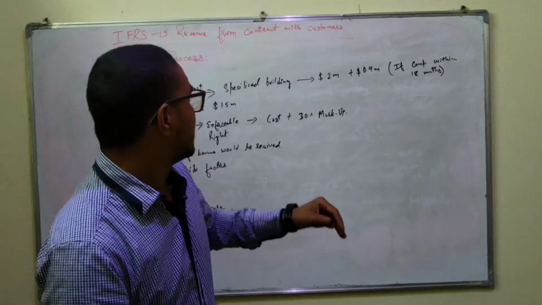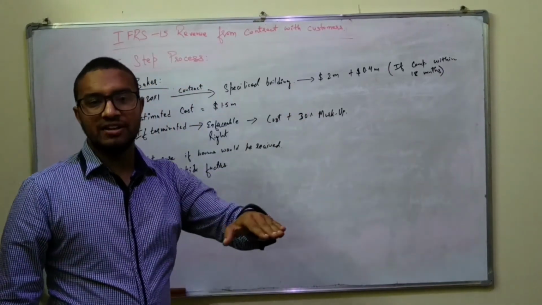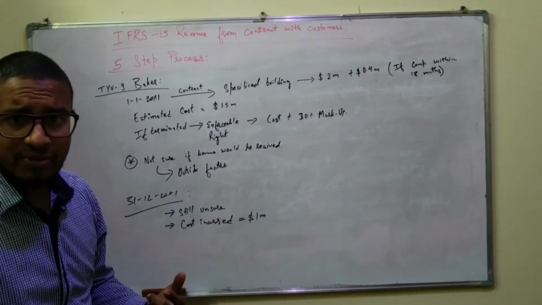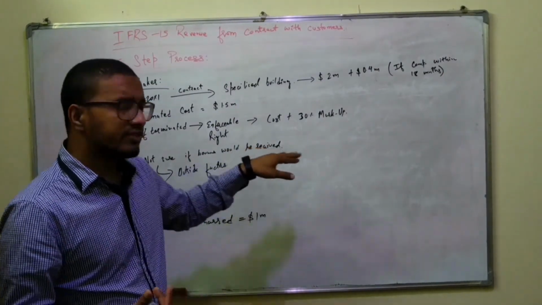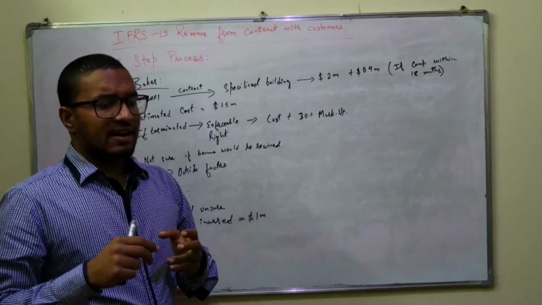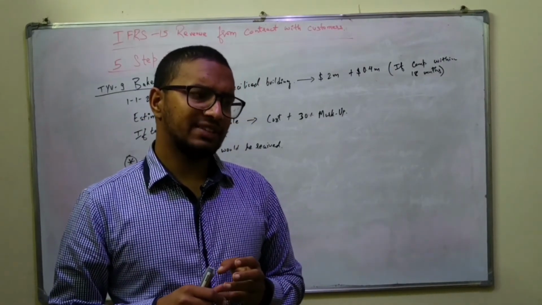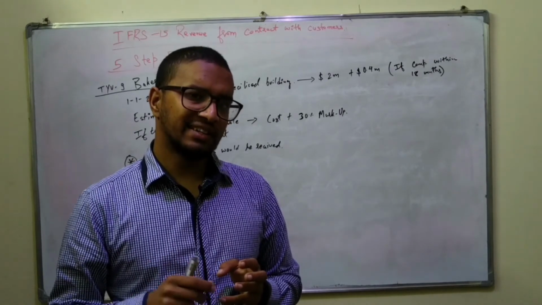Alternative use, because this factory is only built for this particular entity because the other entity can't use it, so it doesn't have an alternative use. So that's the meaning of alternative use. And then after that, on that same third criteria, what is also mentioned is that